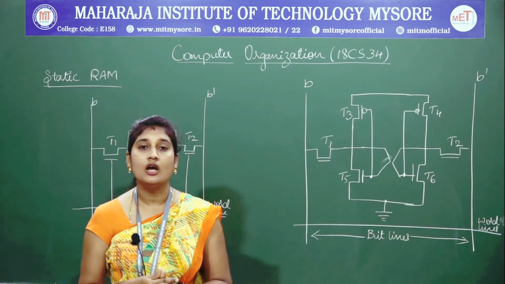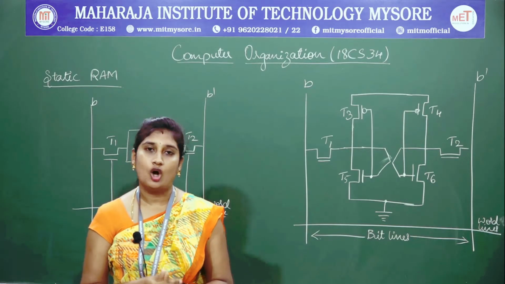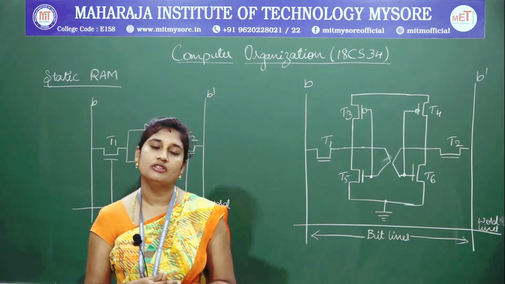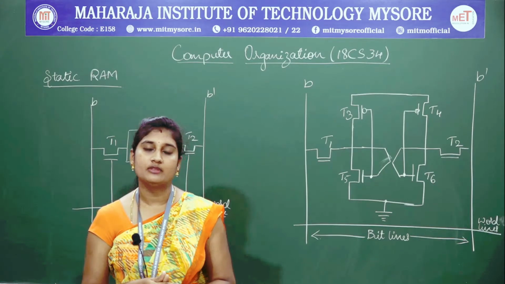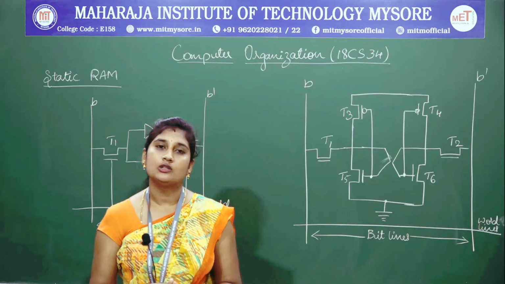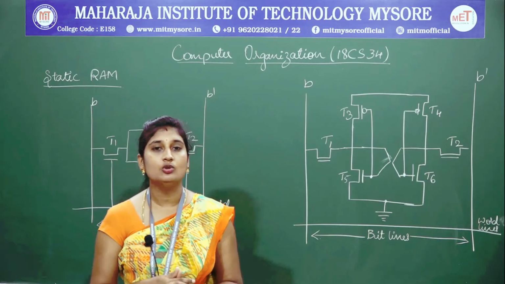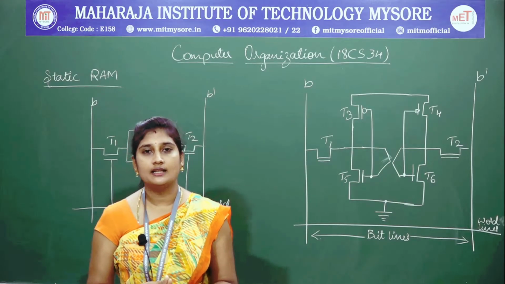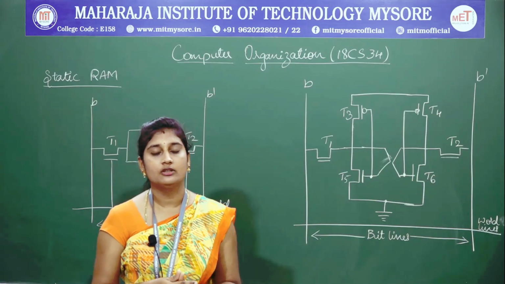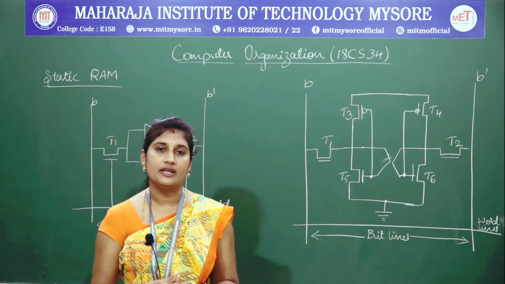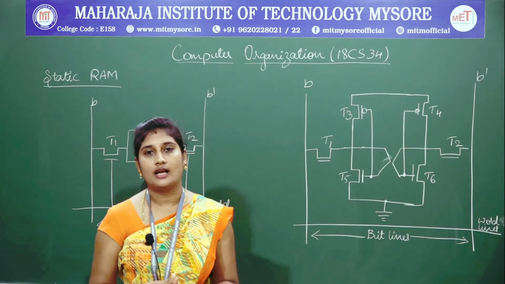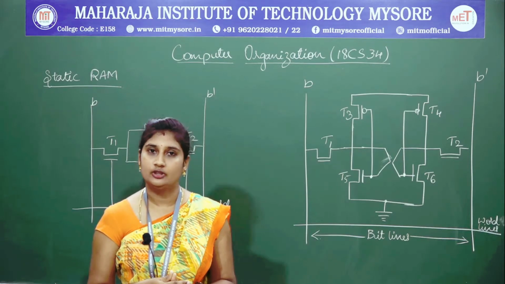RAM is random access memory, ROM is read only memory. ROM is permanent: the things which have been written into your ROM cannot be erased, whereas in your RAM the contents can be erased and you can add new data. Also RAM has been divided into two main categories, static RAM as well as dynamic RAM, and ROM has been classified into three ways, that is PROM, EPROM and EEPROM. We discussed all these things in the last class, so you can refer to the last video also.